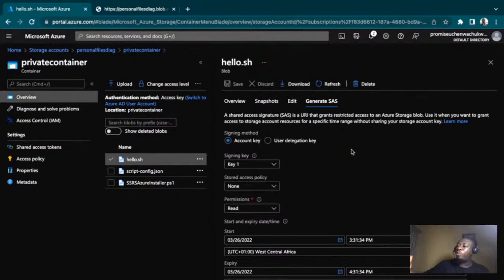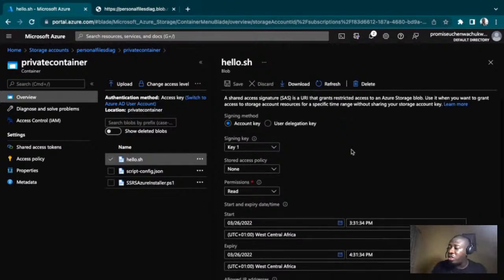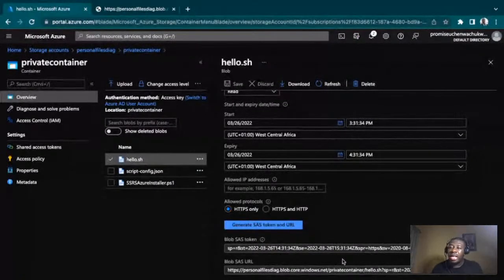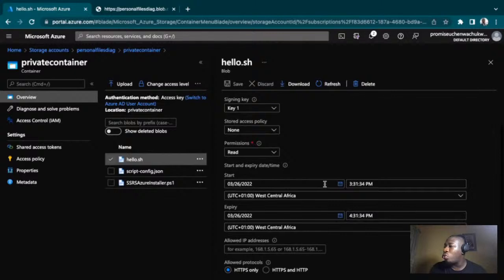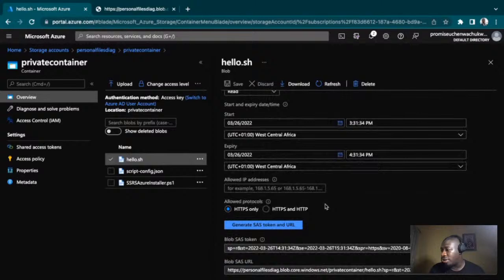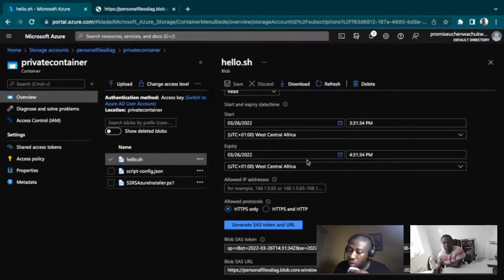So this is one of the beautiful functions in Azure. Now you have to be really really careful with this, right? You really have to be careful with it because anyone you give your SAS token, right? Anyone you give your SAS token can actually have access to those files. So if you know that you don't want anybody viewing your files, you need to be careful with your SAS token. All right. So what I'm going to do at this point is I would probably just disable this key, the key created, right? I'm just going to disable it so that it's not going to be accessible by anyone. I promise.